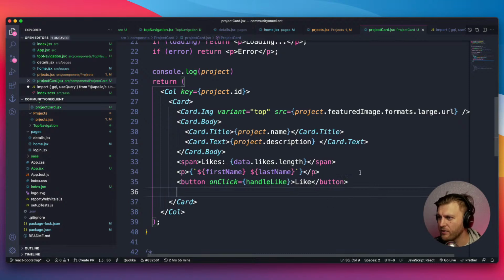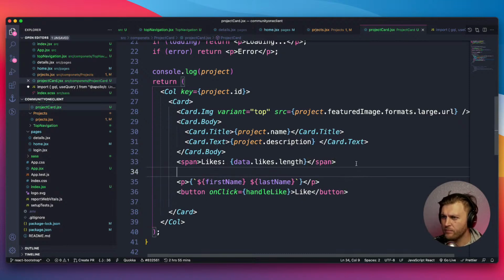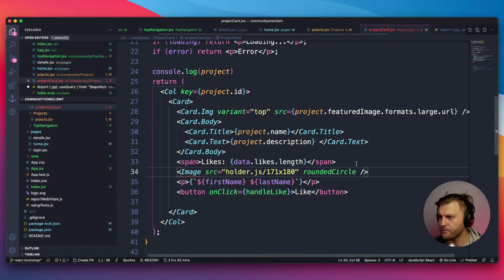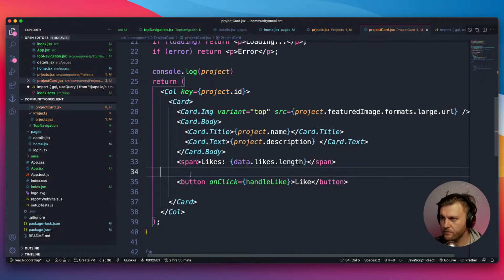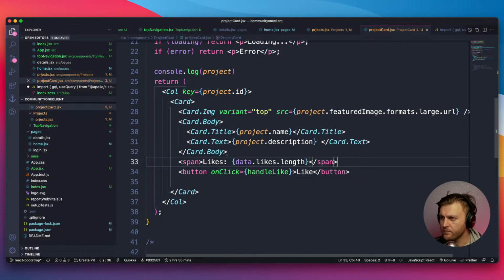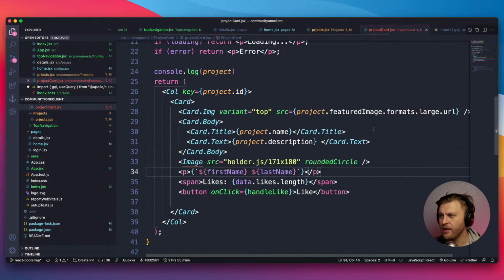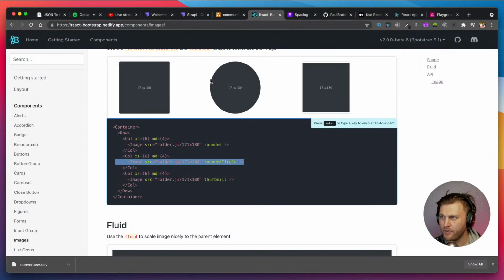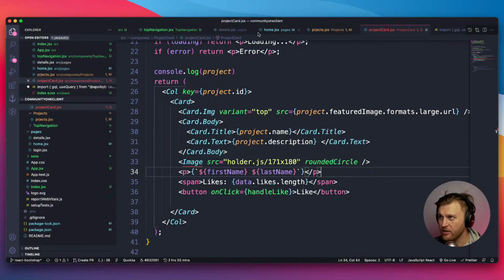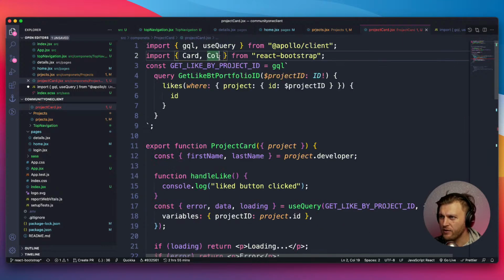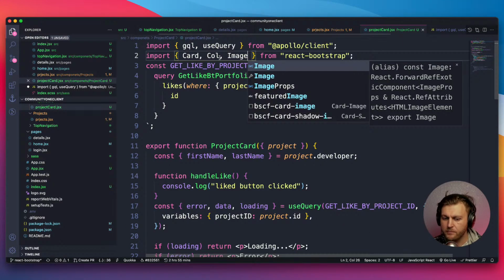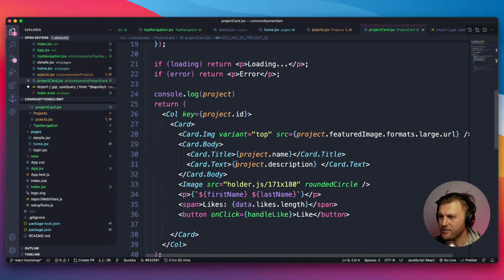Right now, I'm just going to put it right here. Let me move all this together to the top. So basically, I found the image component in React Bootstrap, and I'm using this rounded image, and I'm just copying and pasting it into my code. We need to make sure we import it here. And once that's imported,